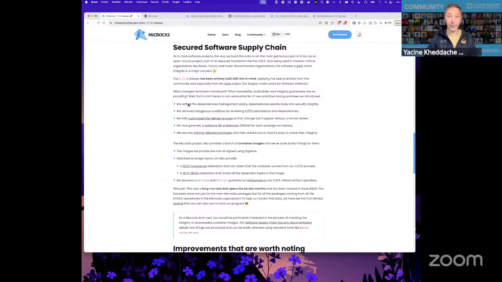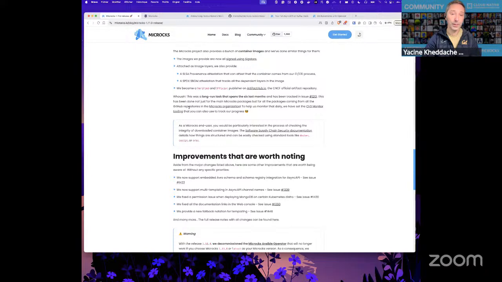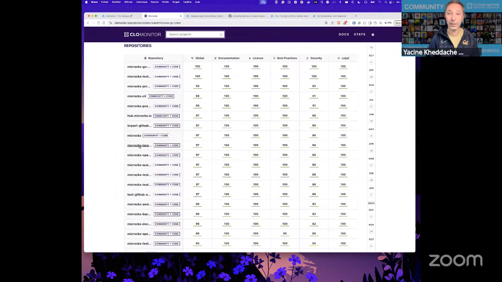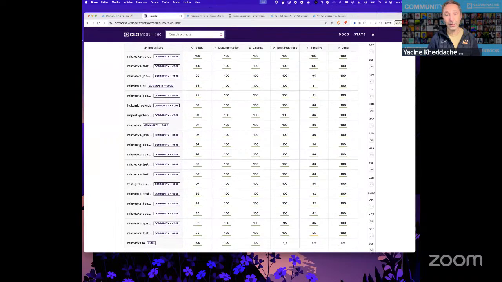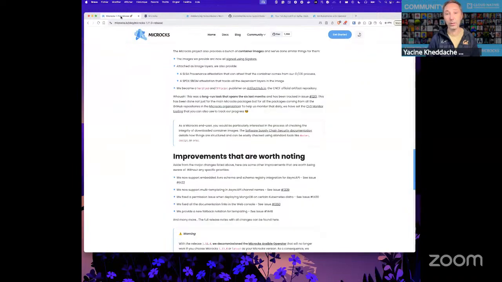Yeah, I mean, that's a very, very important and hot topic. So it's quite amazing. And as you've noticed maybe on CLO Monitor, because we had that conversation on CLO Monitor at the previous community meeting, the other important point is the number of repos, because we have decided to do it the hard way by adding all the Microcks organization repos. Everything related to Microcks is checked by CLO Monitor,